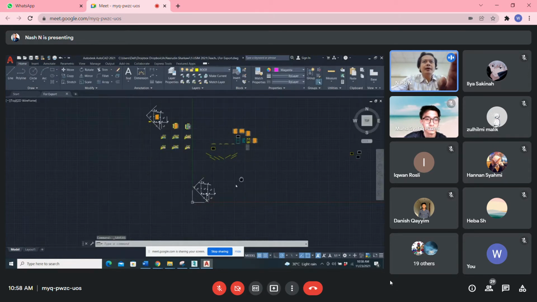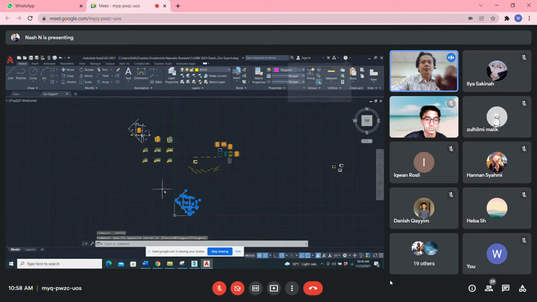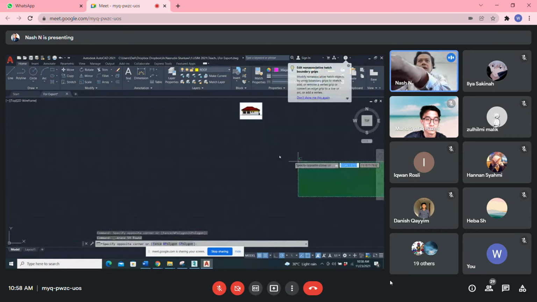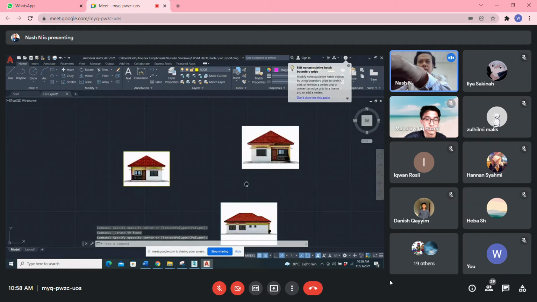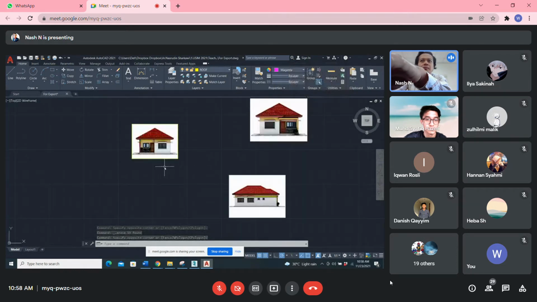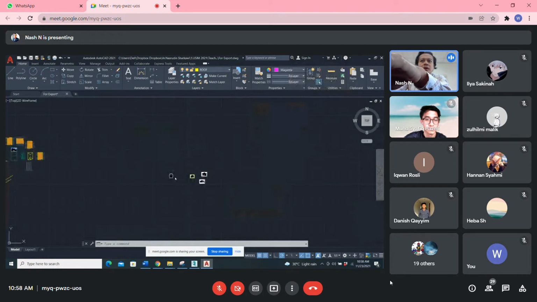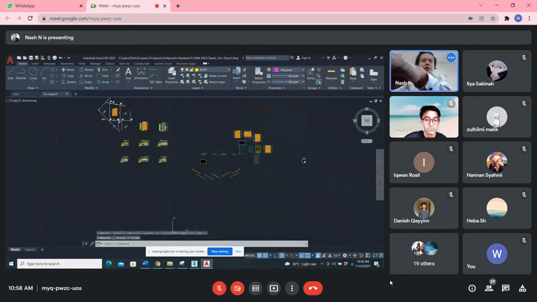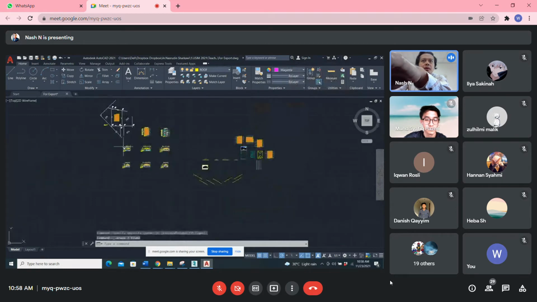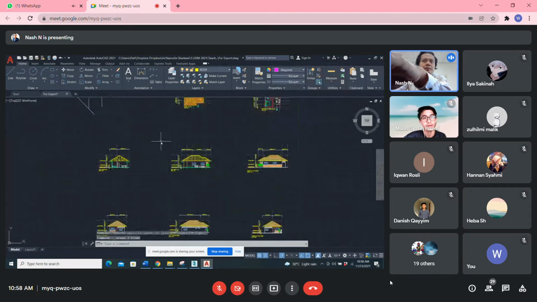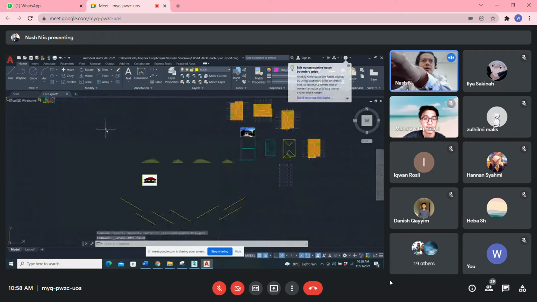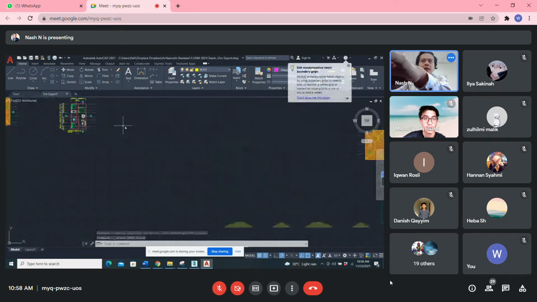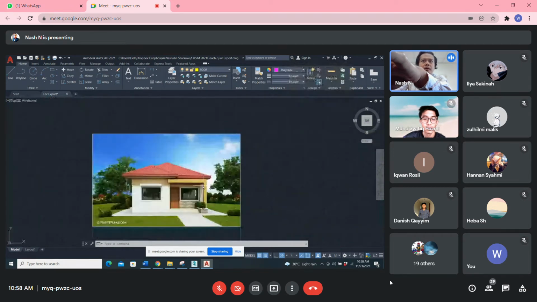Okay, so like this one, you have to delete. What is this? Oh, he has already done his 3D. Okay, this one also you can delete. This one also you can delete, elevation, because I just want you to export the plan. This one also later you can delete.